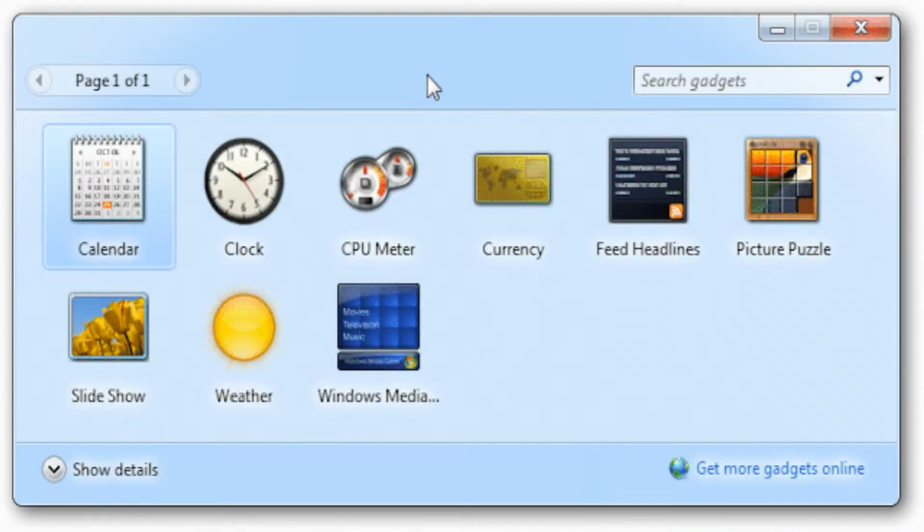Dear students, before watching a video about other topics, I want to give you a brief introduction of gadgets. Actually, gadgets are small programs that you can place on your desktop for information at a glance. Windows 7 gives you the option to add a calendar, clock, weather information, currency information, information about CPU processing, and some other gadgets. Now, how to add and customize gadgets?